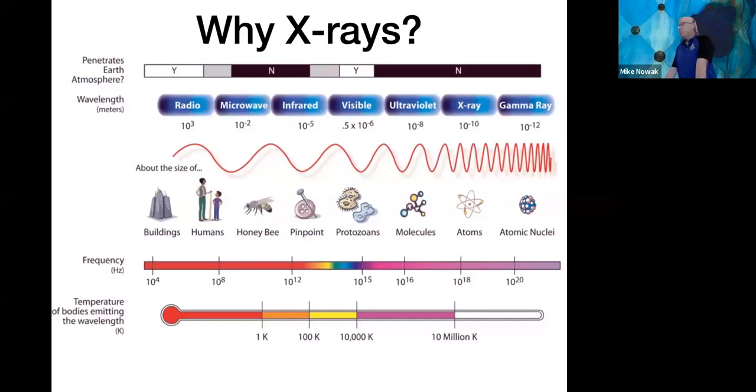X-rays, on the other hand, are a much more energetic form of light. Rather than having a wavelength of 6,000 angstroms, they have a wavelength of about 1 angstrom. To give you typical sizes: long wavelength is low energy, short wavelength is high energy. Long wavelength is also lower frequency, and short wavelength is higher frequency.